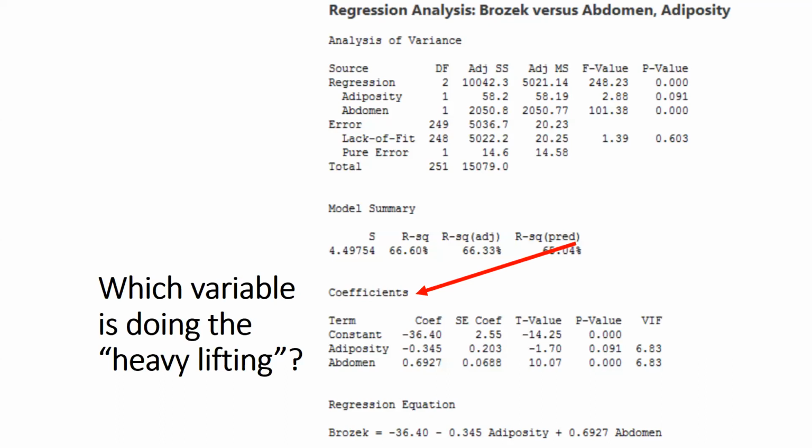And now what's happened is that abdomen has maintained its significance, but adiposity has not. The p-value for adiposity is now 0.091. And in fact, its coefficient has changed to be negative. It had a positive correlation with Brozek before, and now that correlation is not significantly different from zero. So in some sense, you can just interpret it to be a zero, or at least not significantly different from zero. But that strong individual mover isn't doing any work right now, right? So abdomen is doing the heavy lifting. Abdomen is at the bottom of the sofa, and adiposity is just basically steering now.